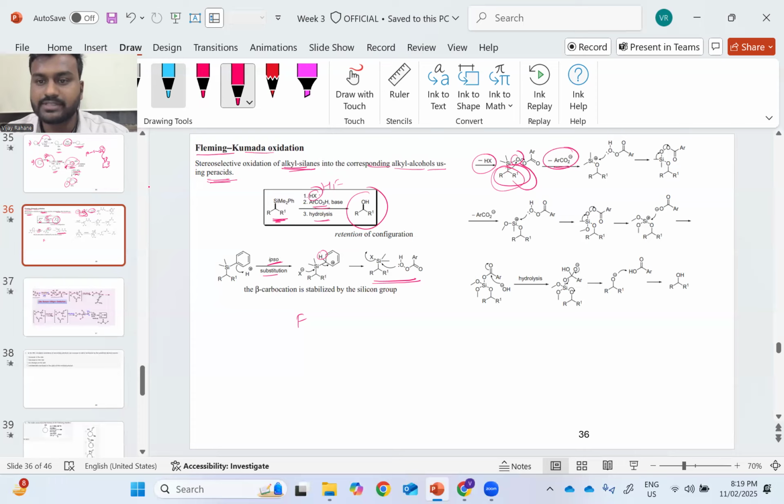So the oxygen gets inserted between the carbon and the silicon, followed by the next per acid attacking on the Si. It gives the intermediate in this fashion, which has the O-Si, O peroxide linkage bond,